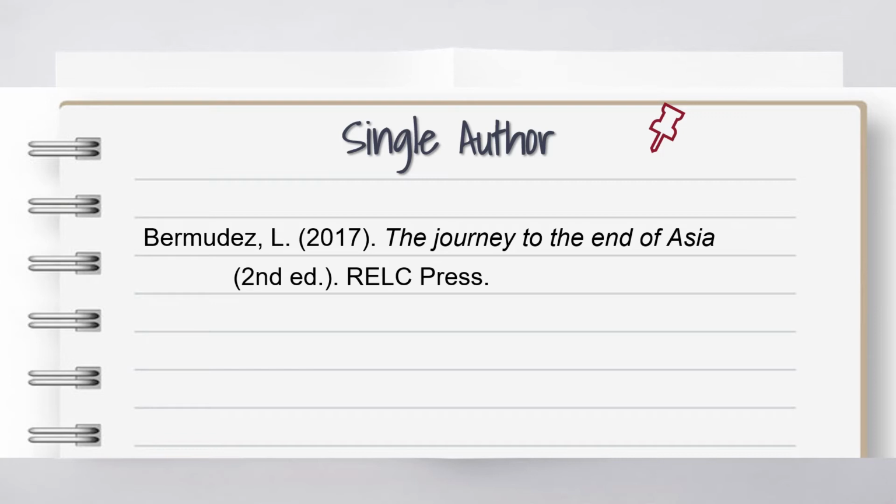And then you have to capitalize the first letter of the title, followed by the edition, which is in second edition, and that is again inside the parentheses, and let's end it again with a period. And then lastly, we have the name of the publication company. Okay, all right, so next